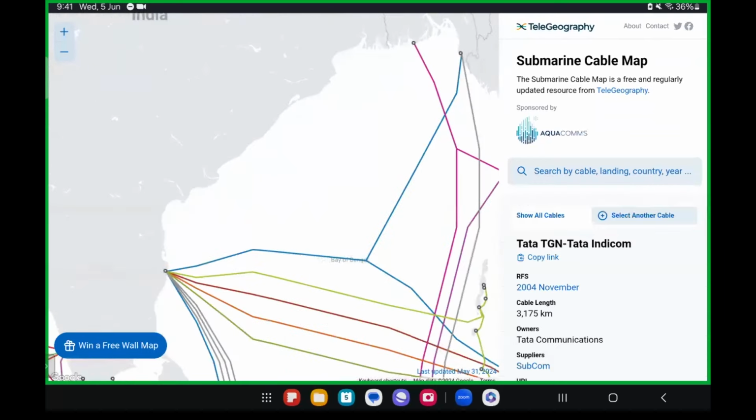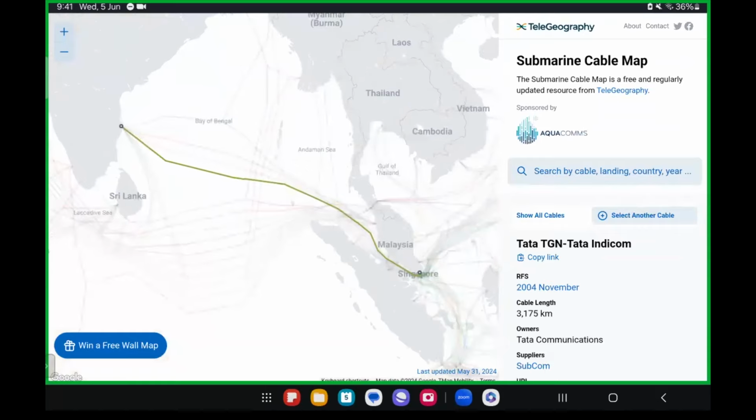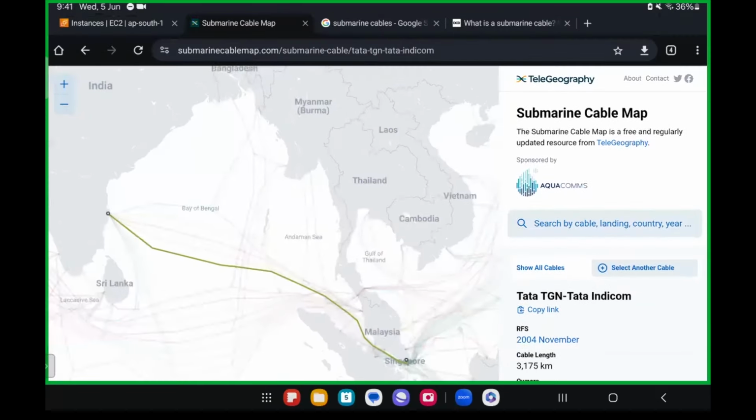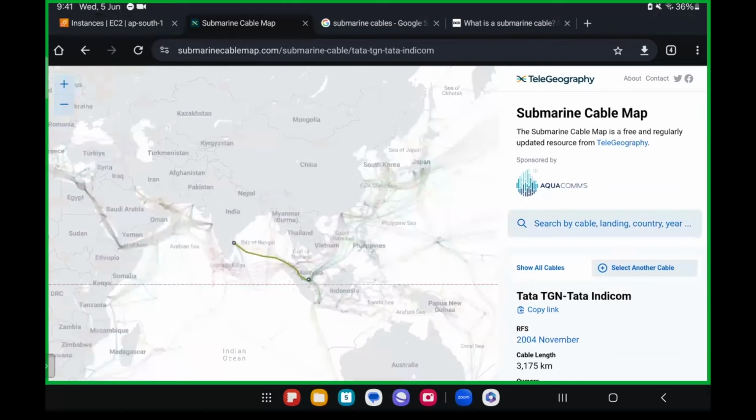Chennai is mainly connecting towards Singapore and the right side of the world. So these are the exit points for us. Whatever traffic is generated from Jammu Kashmir to Kanyakumari, basically everything from India, should exit from one of these